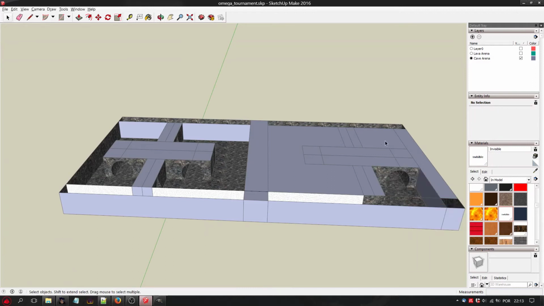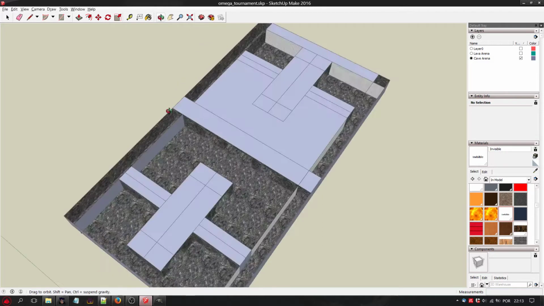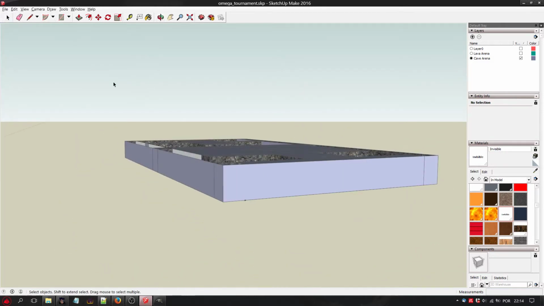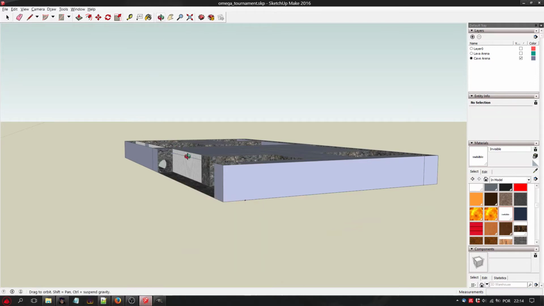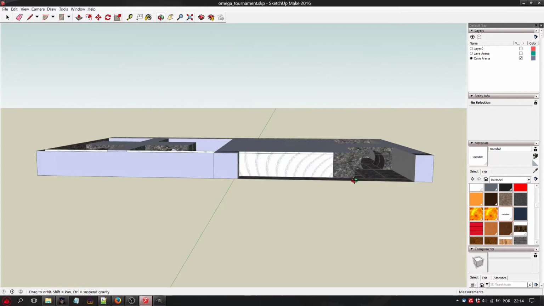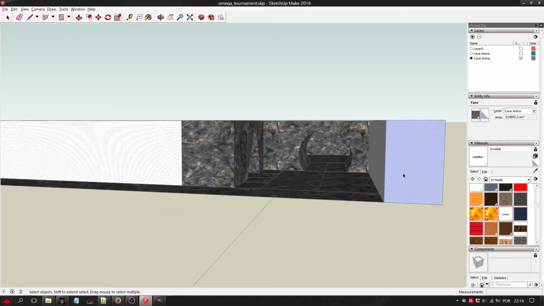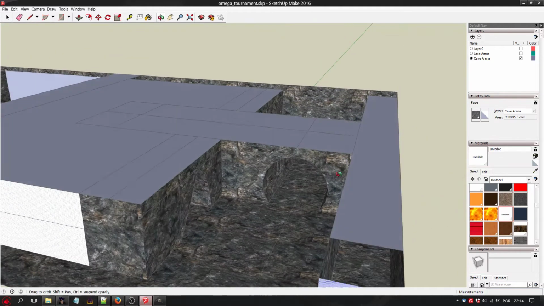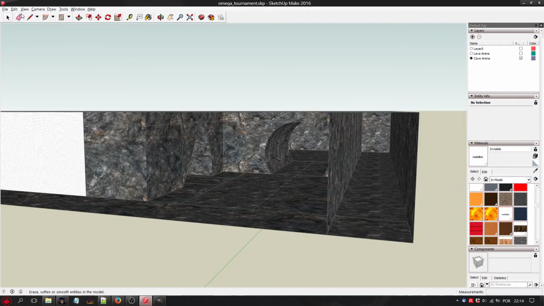Also, let's select this and this, so I can paint it. I can do it like this over. Okay.